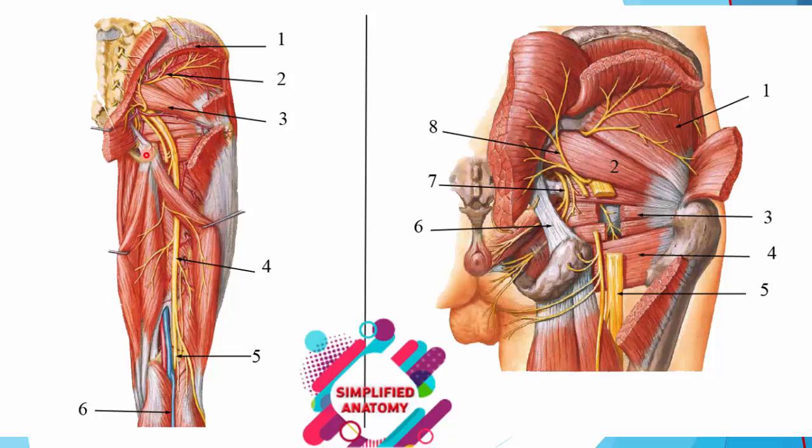The muscle that arises from the ischial tuberosity and goes laterally is the biceps femoris. It has a long head of biceps and a short head of biceps. This muscle is semimembranosus and the superficial muscle is semitendinosus. This large nerve is called sciatic nerve, which divides into number 5, tibial nerve, and common peroneal nerve. This artery in the popliteal fossa is the popliteal artery, this vein is the popliteal vein. Number 6, a small vein draining into the popliteal vein, is called small saphenous vein or short saphenous vein.